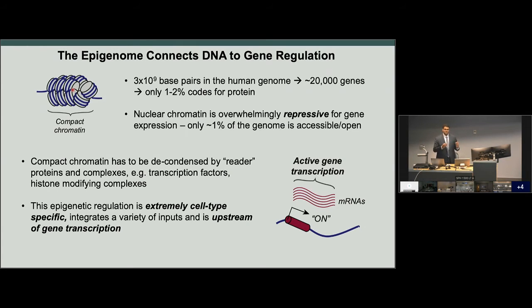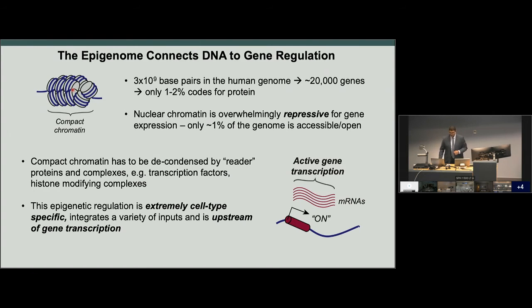open up specific regions, and then read that DNA sequence, that code underneath, to then interpret and execute the genetic program, if you will, for that cell. Okay? So there's a problem of the fact that the genome is generally repressive for gene transcription, and the fact that the cells have to find a way to transcribe those genes that are important for their function.